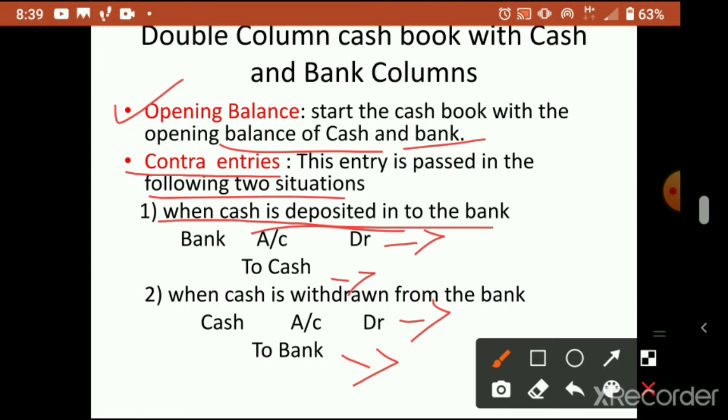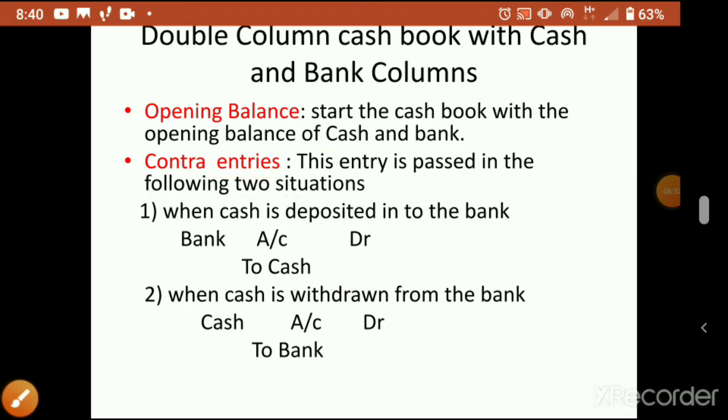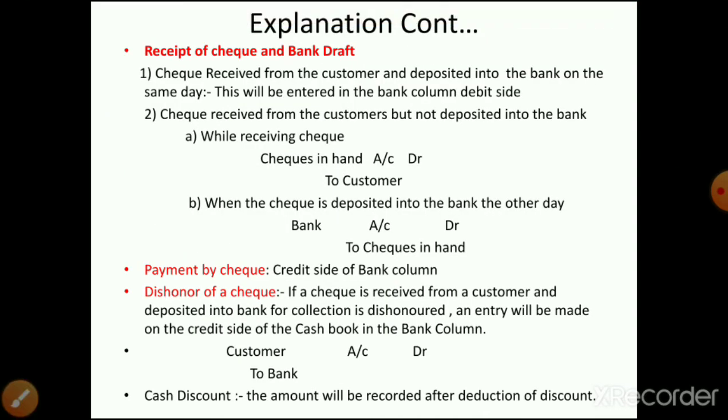Okay, so here bank and cash are involved. Here also cash and bank are involved. So when there is a debit or credit, and both cash and bank are coming, you have to do these postings on both sides, because on one side money goes out, we have to minus money, and on the other side we have to plus money. So both sides we have to put this. When we solve problems I will tell you how to post it in the cash book. Okay, now we'll check other items.